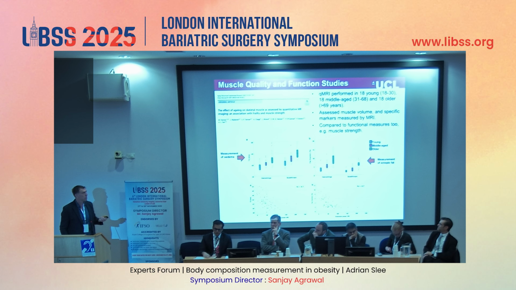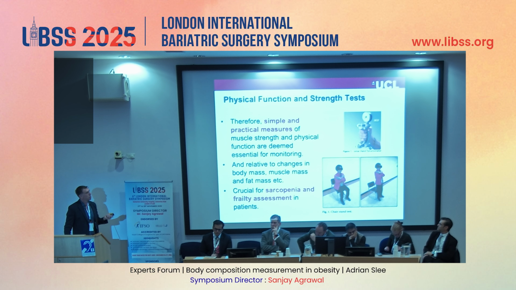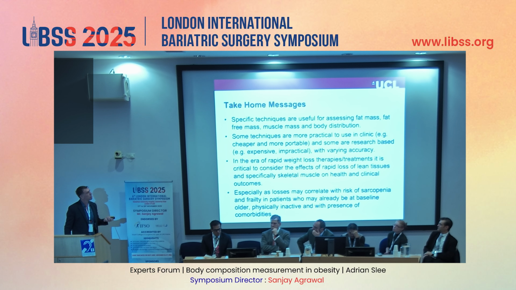that muscle quality, so the muscle mass can be the same size, but quality affects physical function. So another key point to this whole thing is, for example, in a clinic, rather than just looking at basic techniques, you should use really simple practical measures of physical function and muscle strength, like hand grip strength test and sit-to-stand testing, because of the higher potential risk for sarcopenia and frailty.